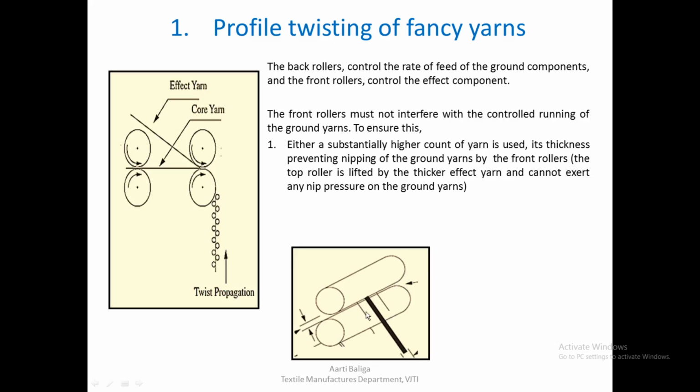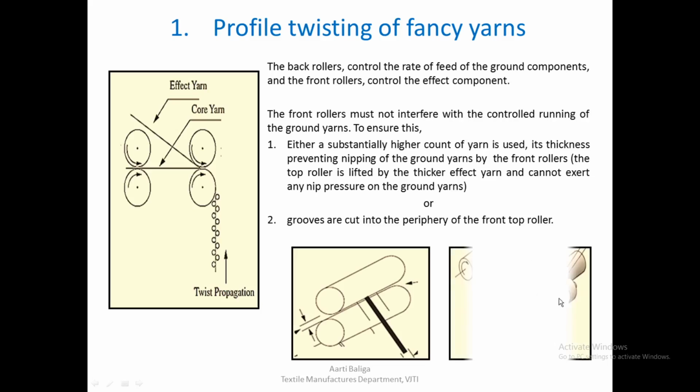Or the second way of ensuring that there is absolutely no control of the front pair on the ground yarns is to cut grooves on the circumference of the front top roller as is shown here. So in this case also we are 100% sure that the ground yarns are not controlled by the front roller pair. This is done by cutting grooves in the top front roller, and the ground yarns, after coming out of the back roller, are made to pass through these grooves, so that they are by no means controlled by the front roller, and the effect yarn is passing through the middle region over here,